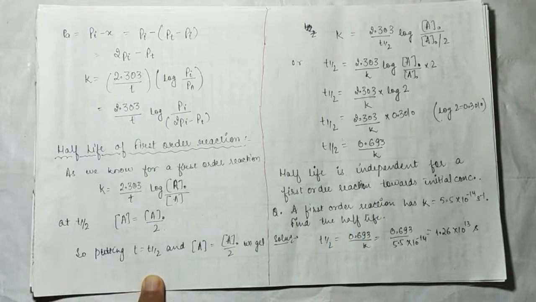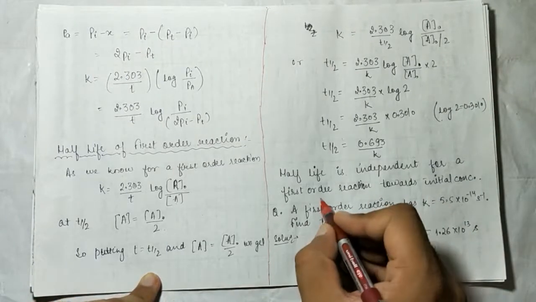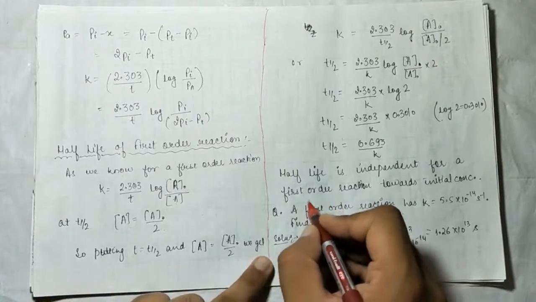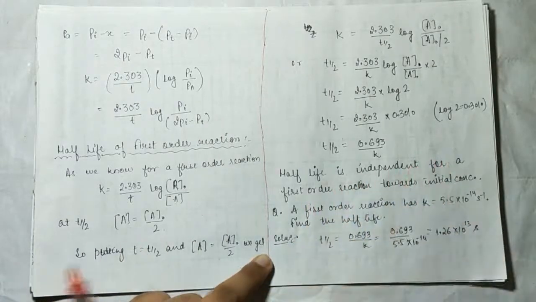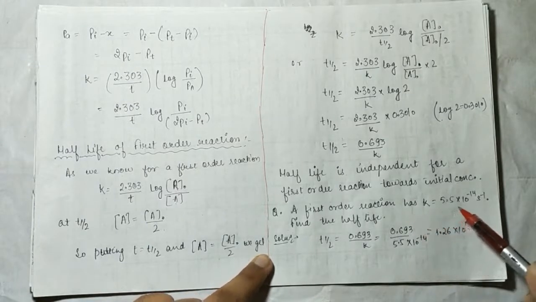One more thing you can write: the first order reaction never ends. That means a first order reaction never gets completed. Okay. Now a first order reaction has k equal to 5.5